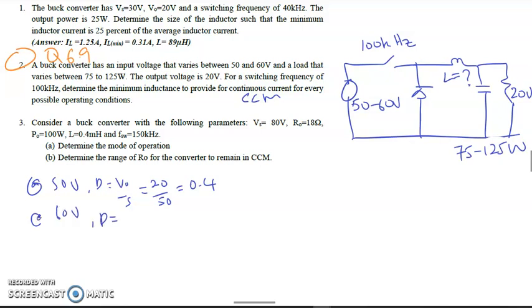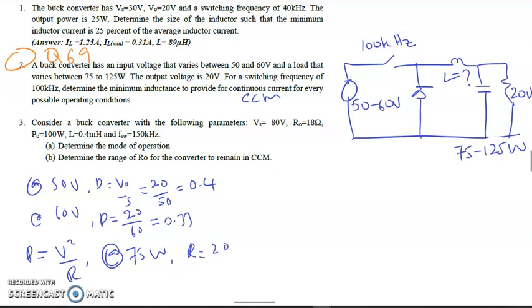So 0.4 ratio. At 60 volt, the duty cycle might be 20 divided by 60. So 0.33 ratio. So in terms of power or the output resistance, when the power is at 75 watt and at lower power,